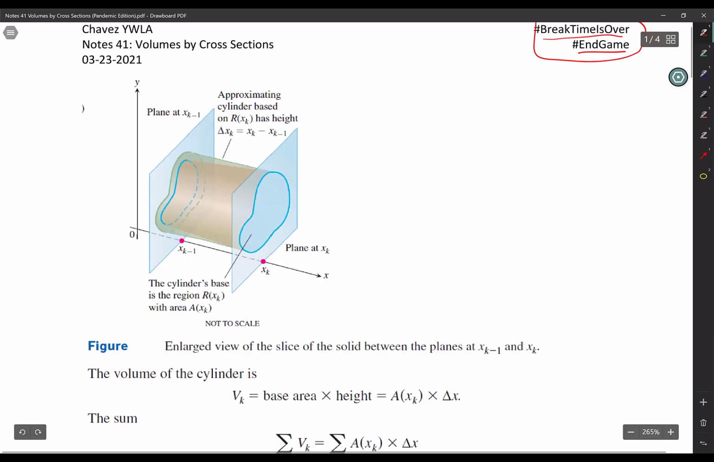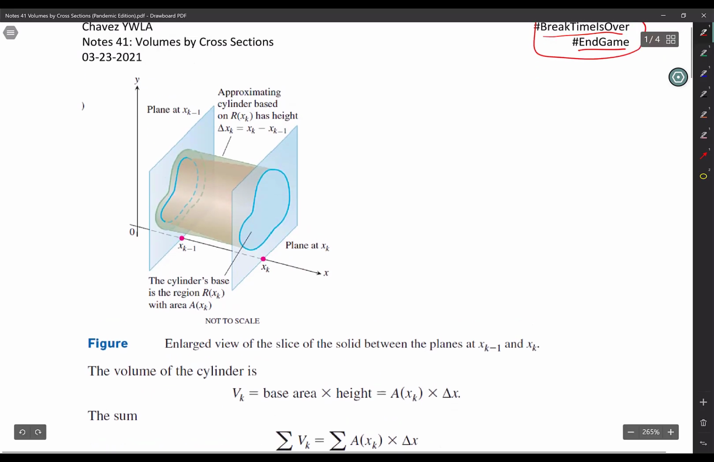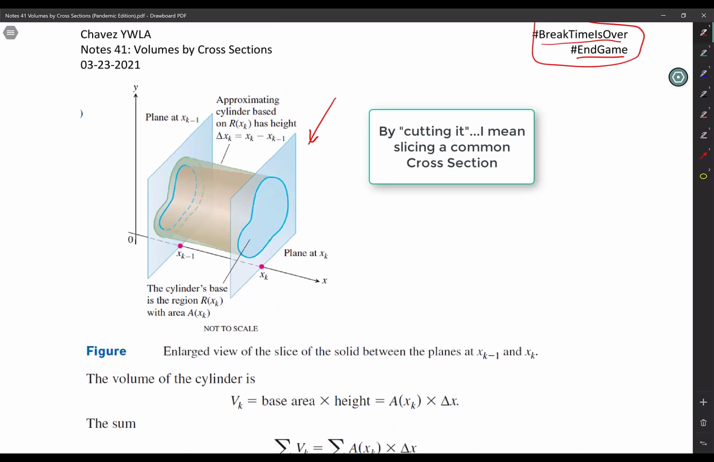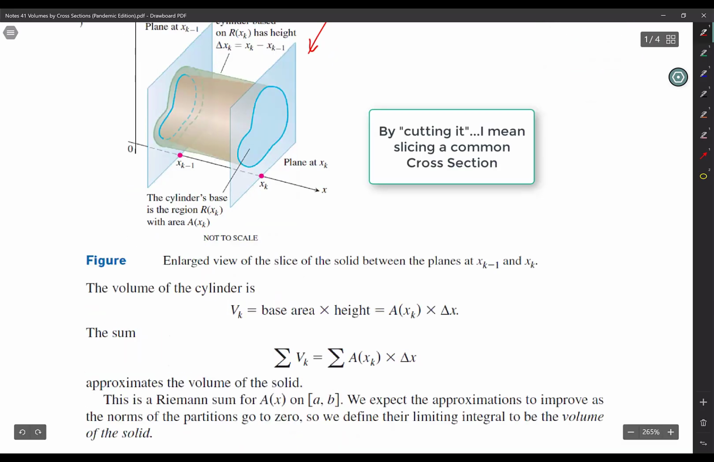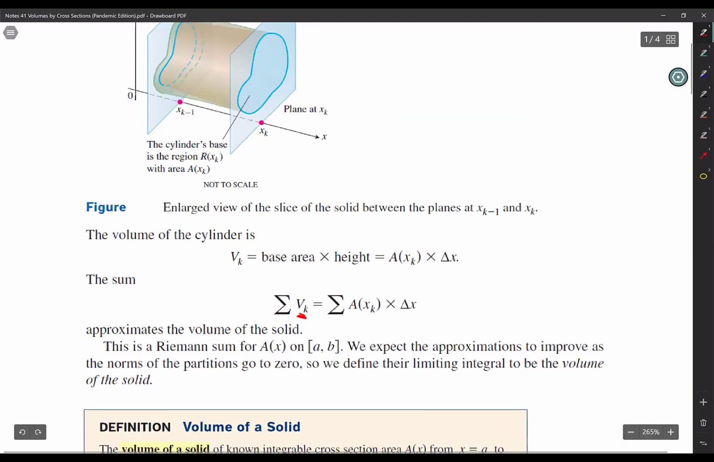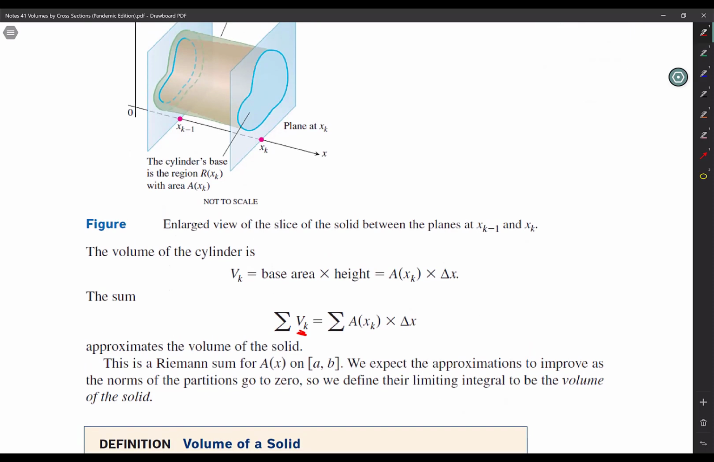I printed out the notes in colored copy, and look what they're doing here. It's saying that there's some three-dimensional model, and they're cutting it. What they're doing here is adding up an infinite amount of cross sections, and that's how we're getting the volume. I know that you guys can't really see, but I guess